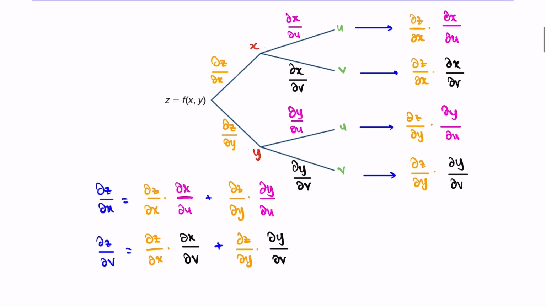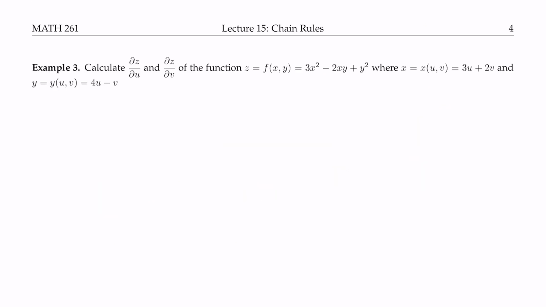So I hope that you see where all of this formula is coming from and how to actually derive the formula. Okay, so that is the formula. Now we're going to apply this formula to some examples. So we want to calculate the partial derivative of z with respect to u and partial derivative of z with